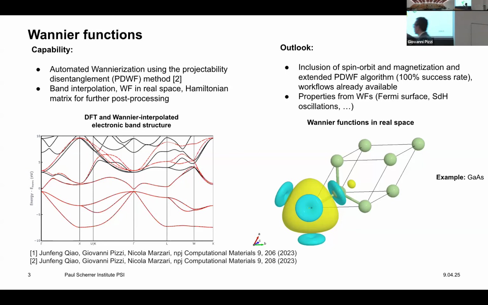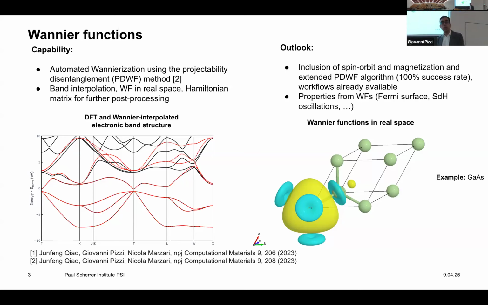But one important thing is that it becomes a very efficient interpolator. So you can compute band structures at the DFT level in a Brillouin zone with just maybe 10 by 10 by 10 grids, or 15 by 15 by 15 is still reasonable. And then you can interpolate them back using Wannier functions on 100 by 100 by 100, which in DFT would be essentially unfeasible,